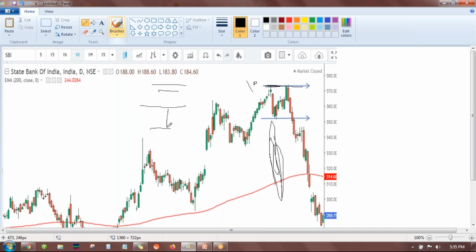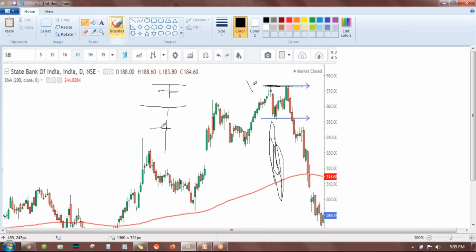Look at the range. Here, for capturing 1:1, we just need this much move. After that, we can revise our stop loss at cost and try to capture the trend with a trailing stop loss. And here, we need at least this much of a move for capturing 1:1. For every 1,000 risked to earn 1,000, we have to capture this much bigger move. So that is the point.